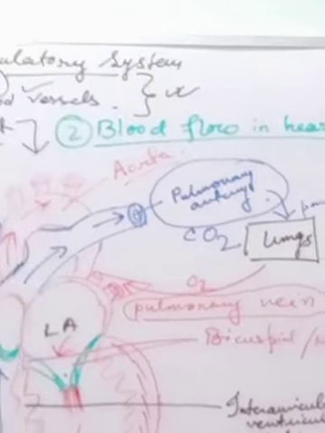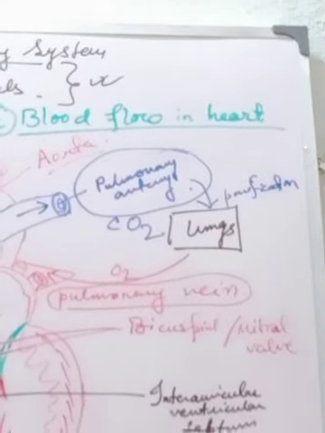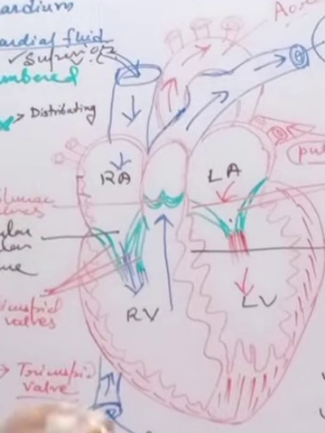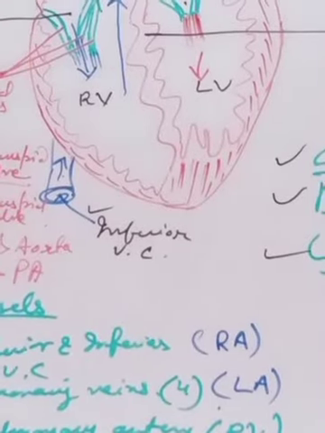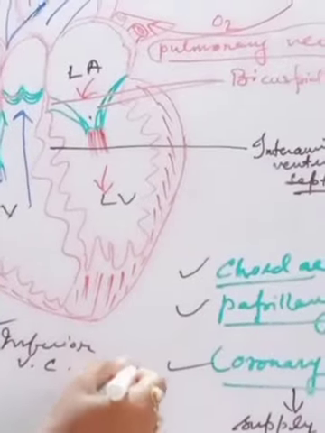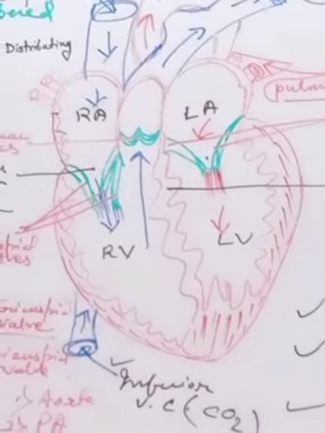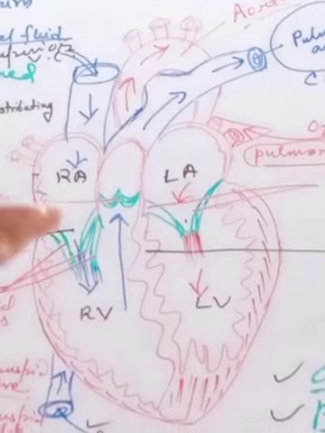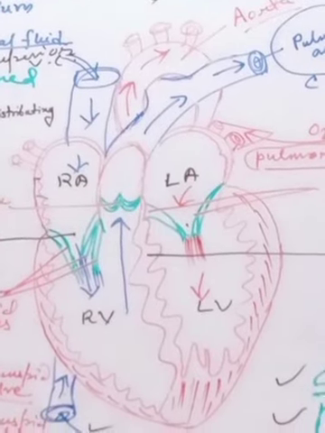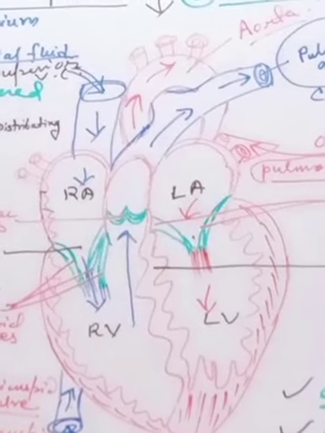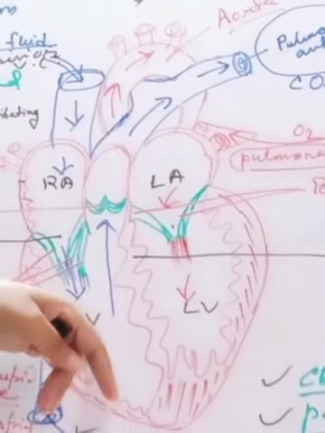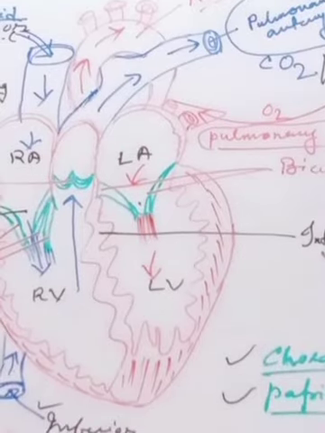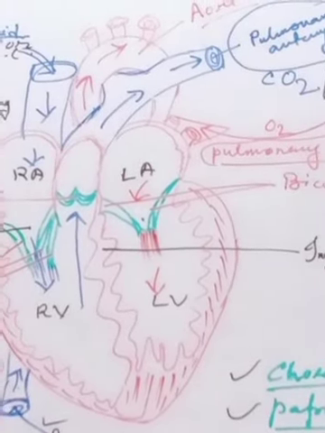See, first of all, superior vena cava, I am marking in black. Superior vena cava and inferior vena cava carry the deoxygenated blood from all parts of our body towards the auricle. Clear? Then the auricle, with the opening of the tricuspid valve, delivers it to the right ventricle. Clear? When do they deliver it? At the time of systole. That is the contraction phase.